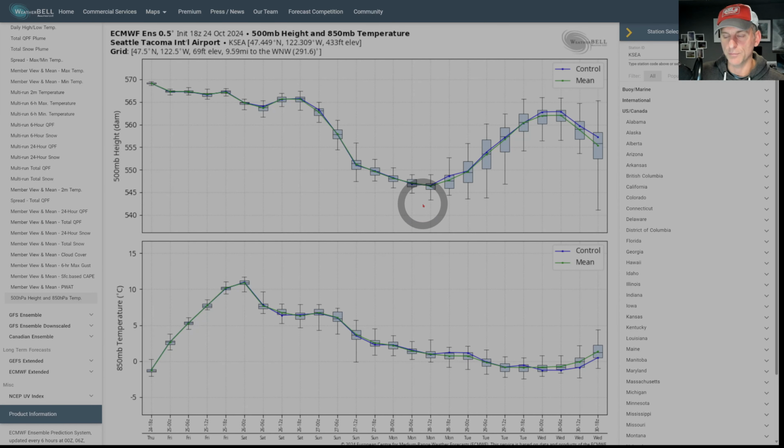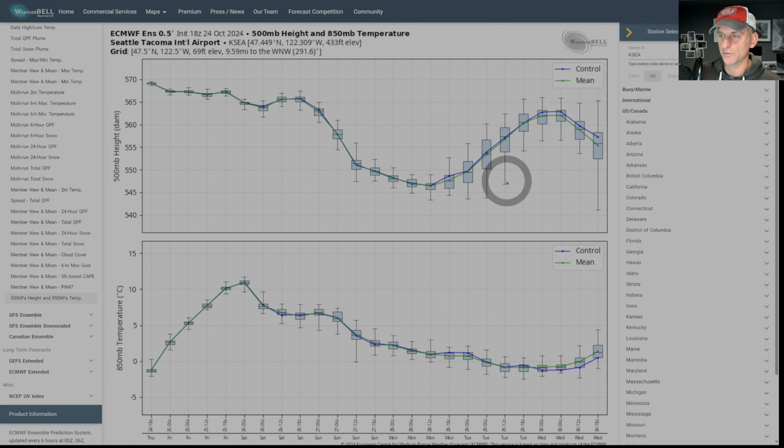There are 50 of them. So they perturb the initial conditions of all 50 of those members. And then you average them out and you come up with the ensemble mean, which is the green line. If you look closely, you can see that. The blue line is the control run. Those are the initial conditions best we understand them. Each of those 50 ensemble members are perturbed or tweaked to change those initial conditions in our understanding. So then we just let those models run out and they come up with their own plan. They go way off into the future forecast. And when we have good clustering like this, we're pretty confident in the forecast.